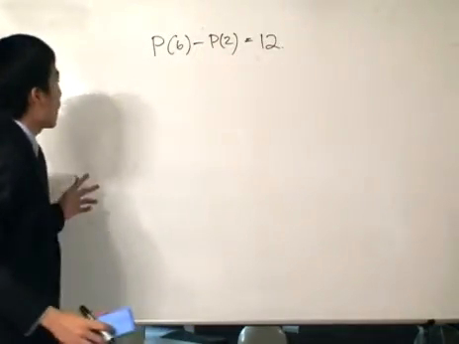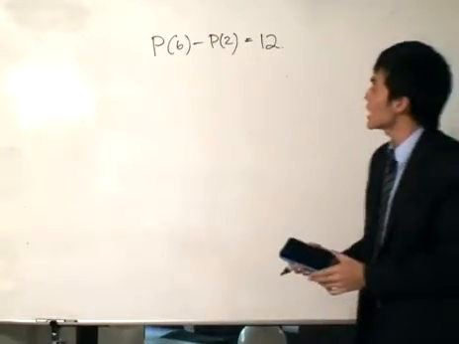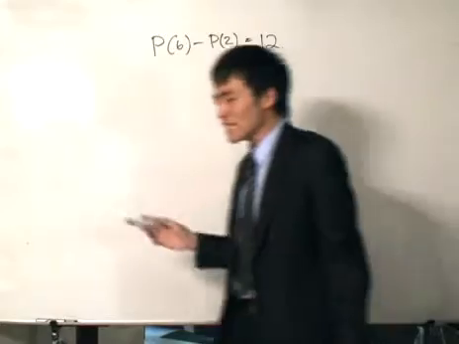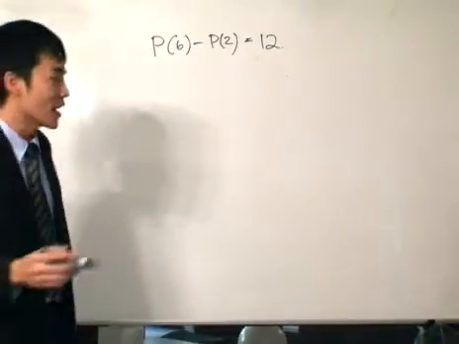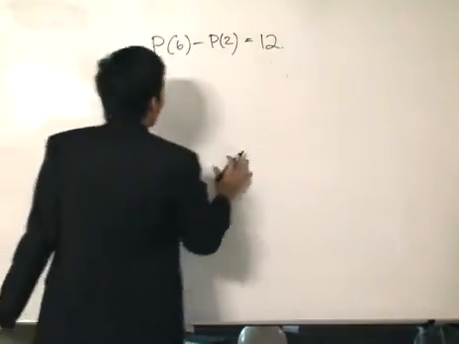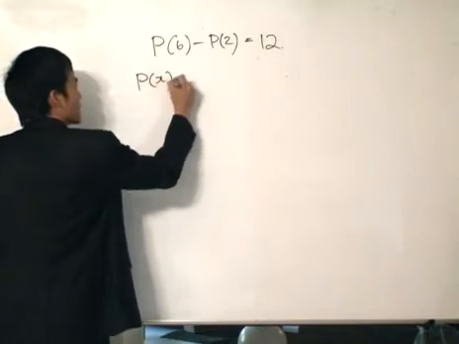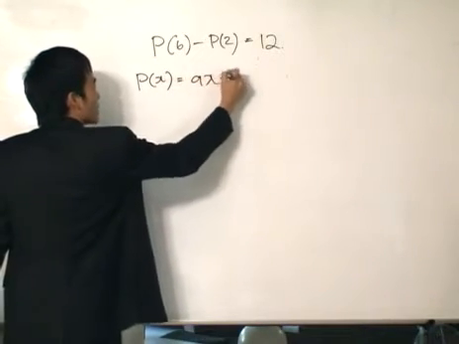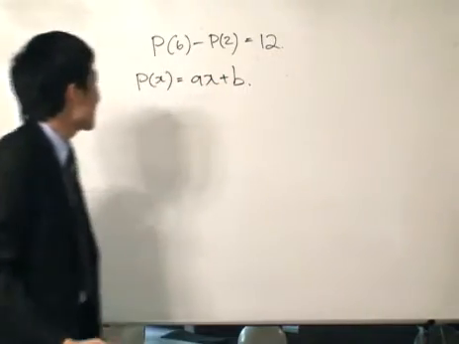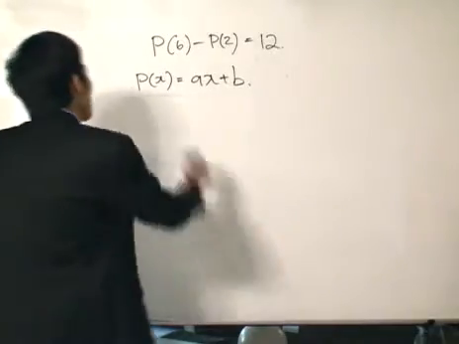Now, a way to really solve or be familiar with questions like these is to interpret the statements. We know that P is a linear equation. So what does a linear equation tell us? It tells us that P(x) would take the form P(x) is equal to ax plus b. We don't know what a and b are, but certainly we hope to find out, and let's see whether we can get it done. So P(x) is like that.